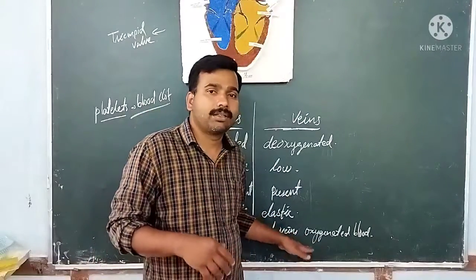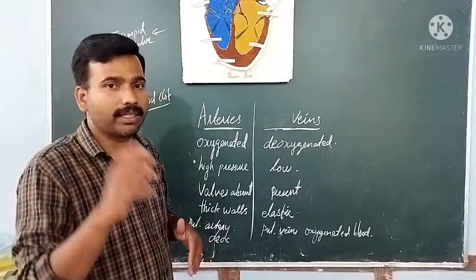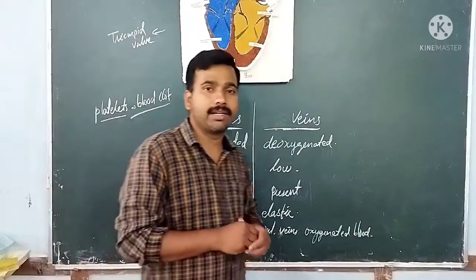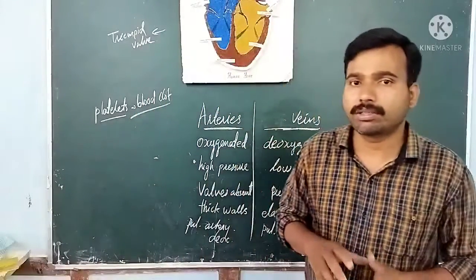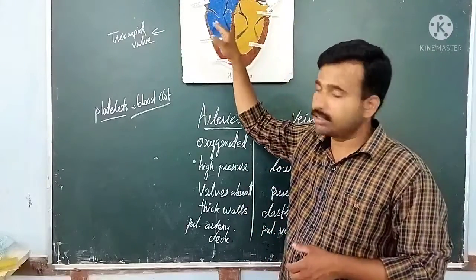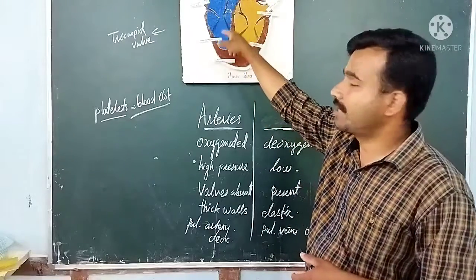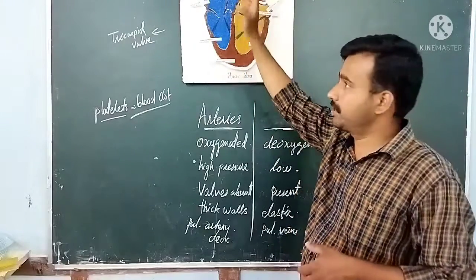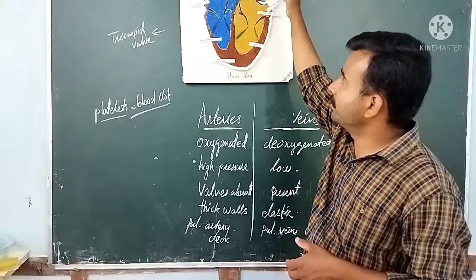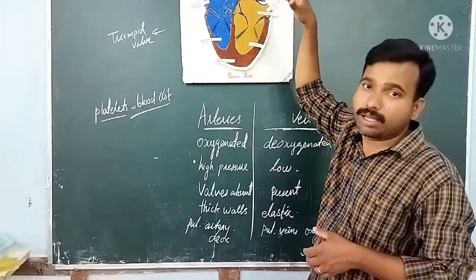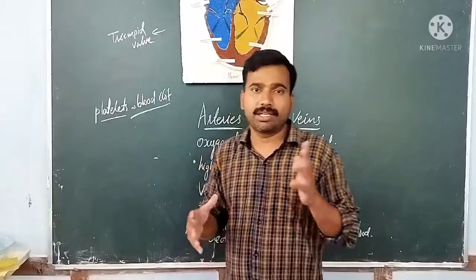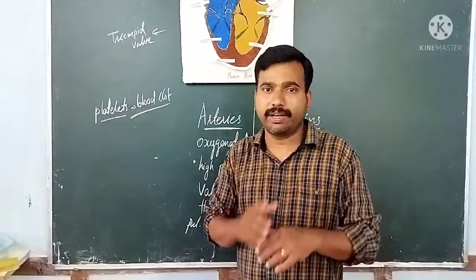And the last one, the pulmonary veins, carry oxygenated blood from the lungs to the heart. That is the only exception. All the remaining veins carry deoxygenated blood from all over the body to the heart, especially to the right atrium, then to the right ventricle, then to the lungs for oxygenation. After oxygenation, the oxygenated blood comes from the lungs through pulmonary veins to the left atrium. Then from the left atrium,